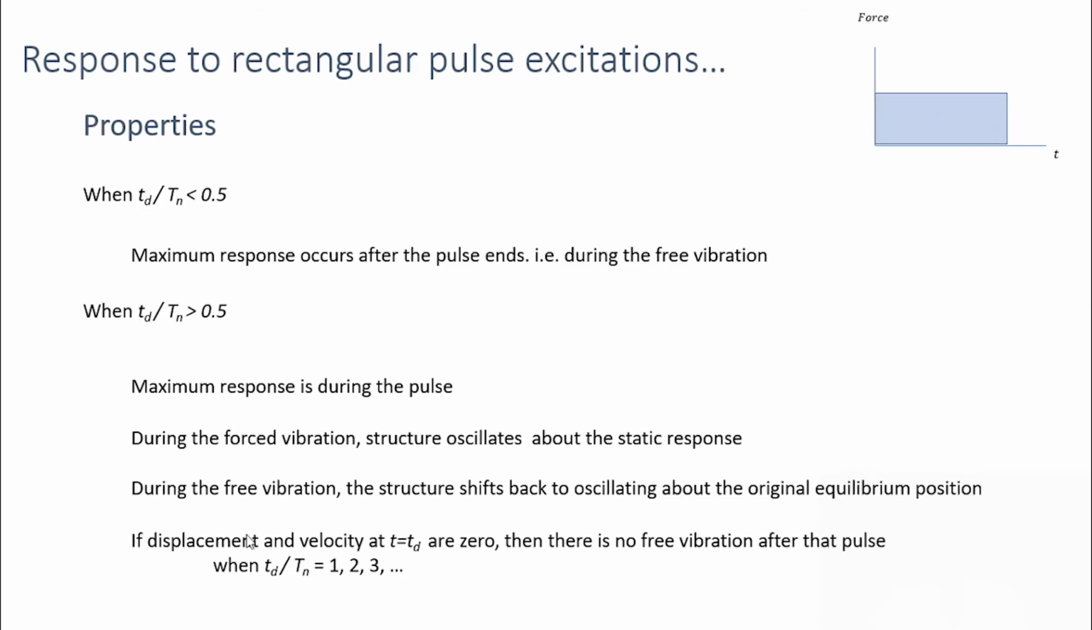If that displacement and velocity are 0, then there is no free vibration after the pulse. This criteria is satisfied when Td by Tn is equal to 1, 2, 3, etc. So for these values, there won't be any free vibration. So at the end of the forced vibration, the displacement and velocity are 0. That means the mass comes to rest at the end of the forced vibration and there won't be any free